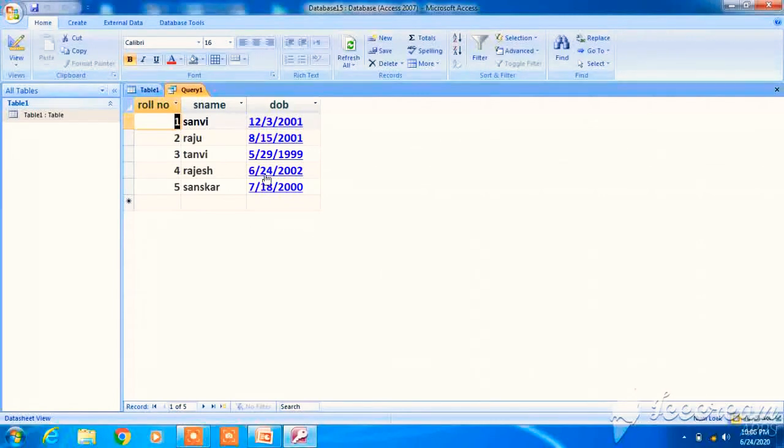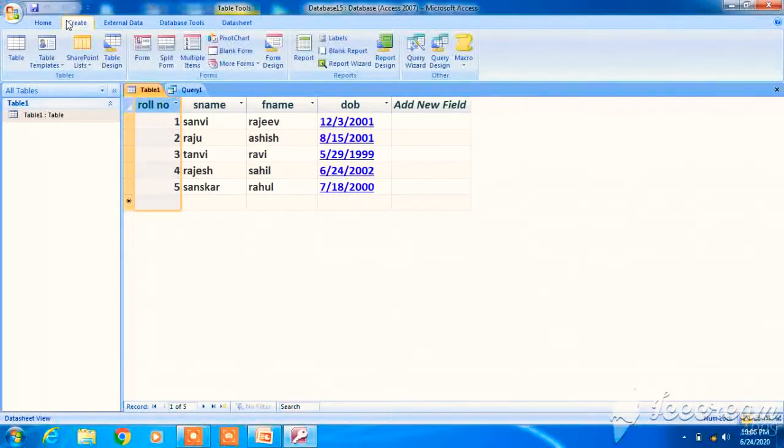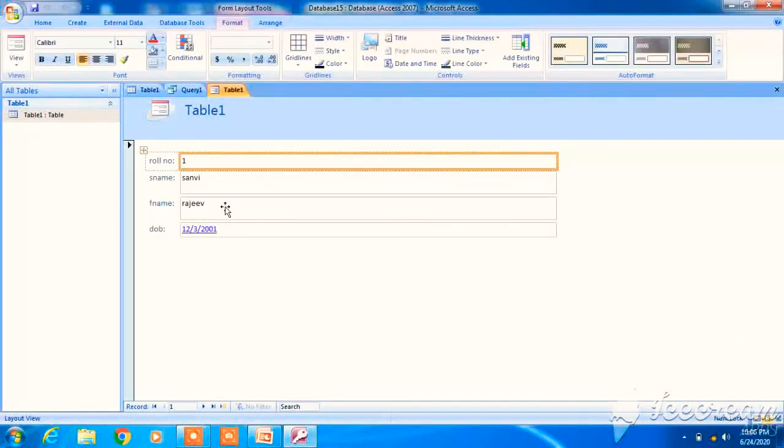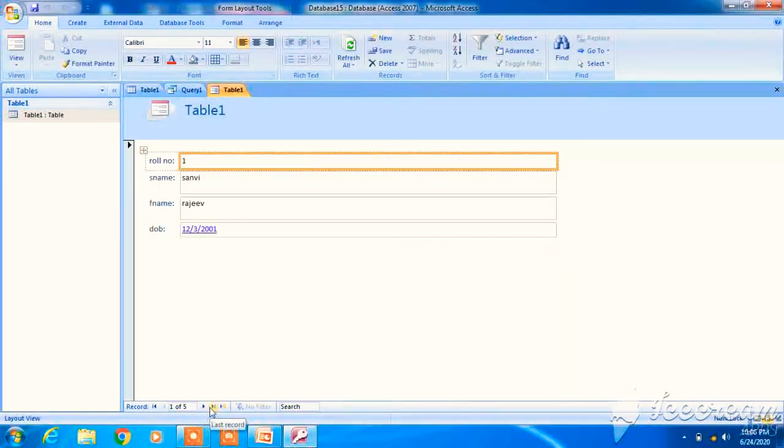Now the next thing we will be doing is designing a form, right? So how can we design? First go to the table, again go to the Create option, the Form option is there. From the Forms tab, click on Form. The form will come like this. This is the form of Table 1. Now you want to see another record. Roll number 1 is Sanvi, roll number 2 is Raju. So I want to see another record. With this we can navigate our records.